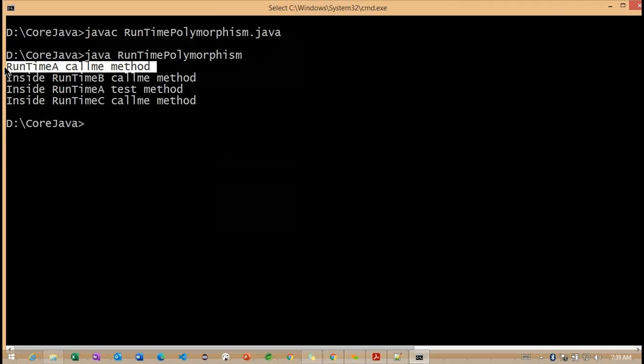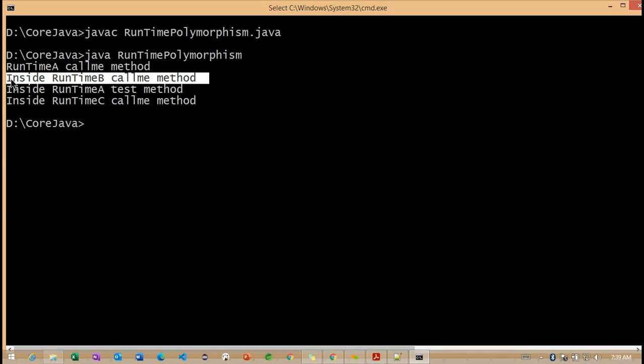With the superclass reference we are calling, and even though it is a superclass reference, the subclass method is being called, because the call me method we implemented in our subclass is an overriding method. Getting the point? Because in the superclass we already defined the call me method, and the same method we are defining inside this particular subclass. So here we are calling it as an overriding method.